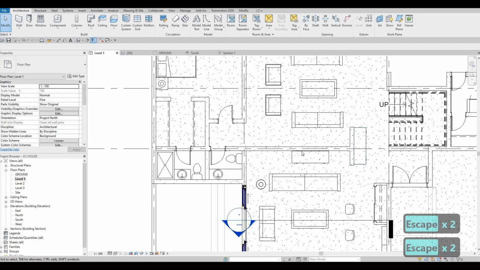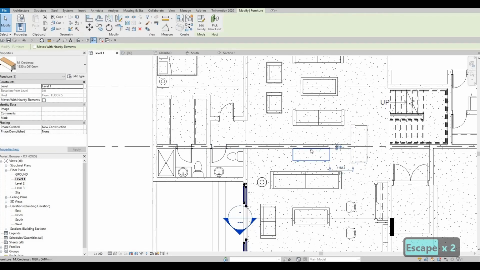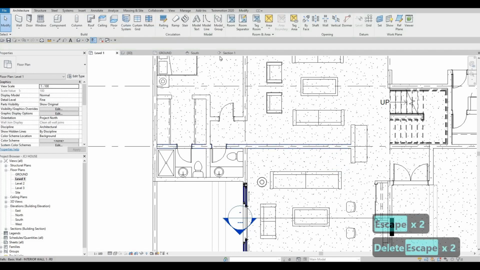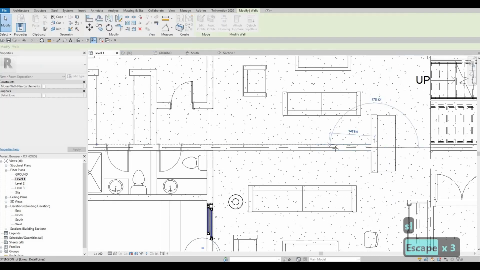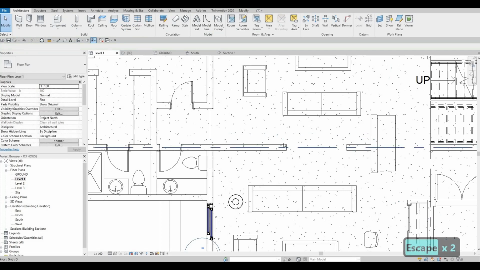Okay, so we have something like this, and then we could just delete this, and then we could have something in the middle. We could move this one like that, and then we could add